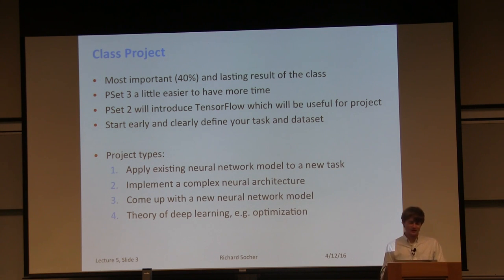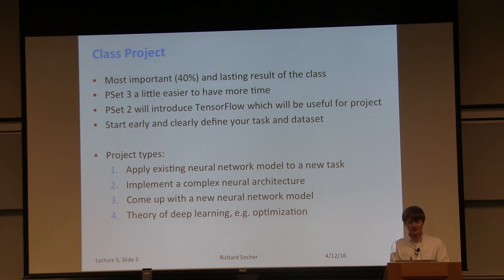In terms of project types, there are roughly 4 that we often see. The first one is just applying an existing neural network architecture or model to some kind of new task that is relevant to maybe your research or just generally something that you find interesting. The second type, and we'll go over what it entails a little bit more in detail,